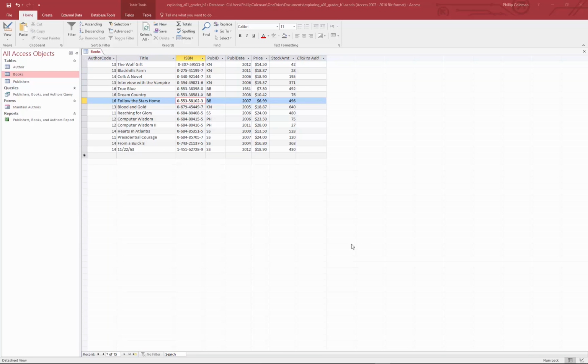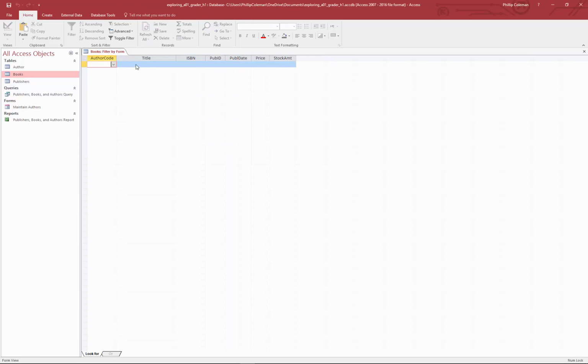Okay, I was going to let you look for that, but I think I need to show you that filter by form. If you want to filter this right here, click Advanced, Filter by Form, and what we're going to do is the author says open the books table, use filter by form to create a filter that will identify all books published after 2010. So the published date, if you do this,